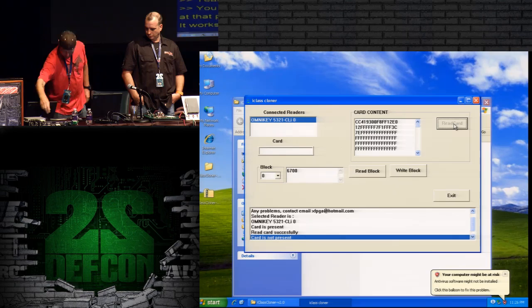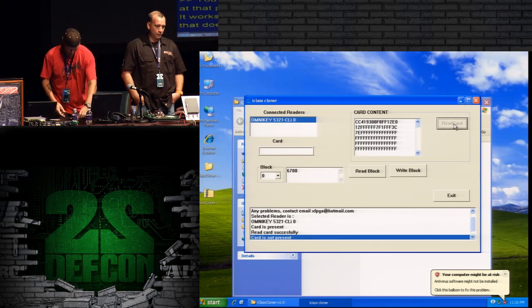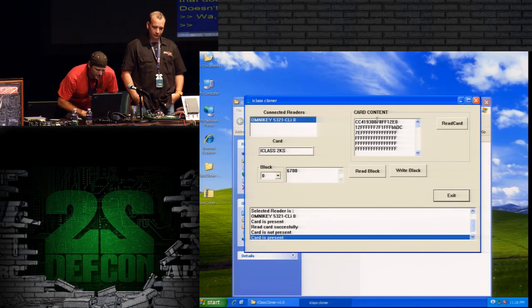Take a card that doesn't work. Stick it on there. And then we're essentially going to take